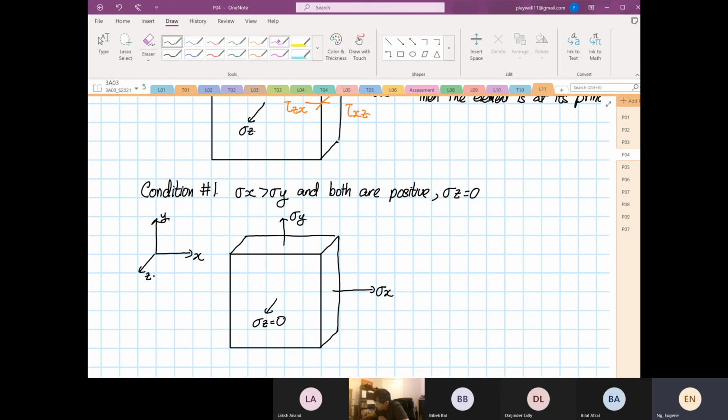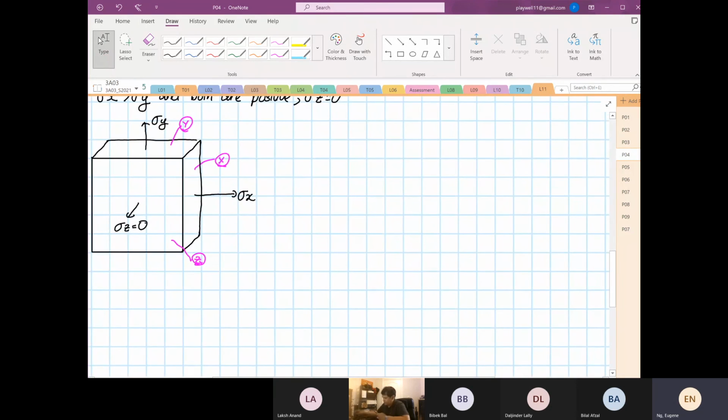So we're going to draw our surfaces now. So this is our point X, point Y, and point Z. We're going to draw this out now. So I'm going to draw a circle, or 3 circles. So again, this is